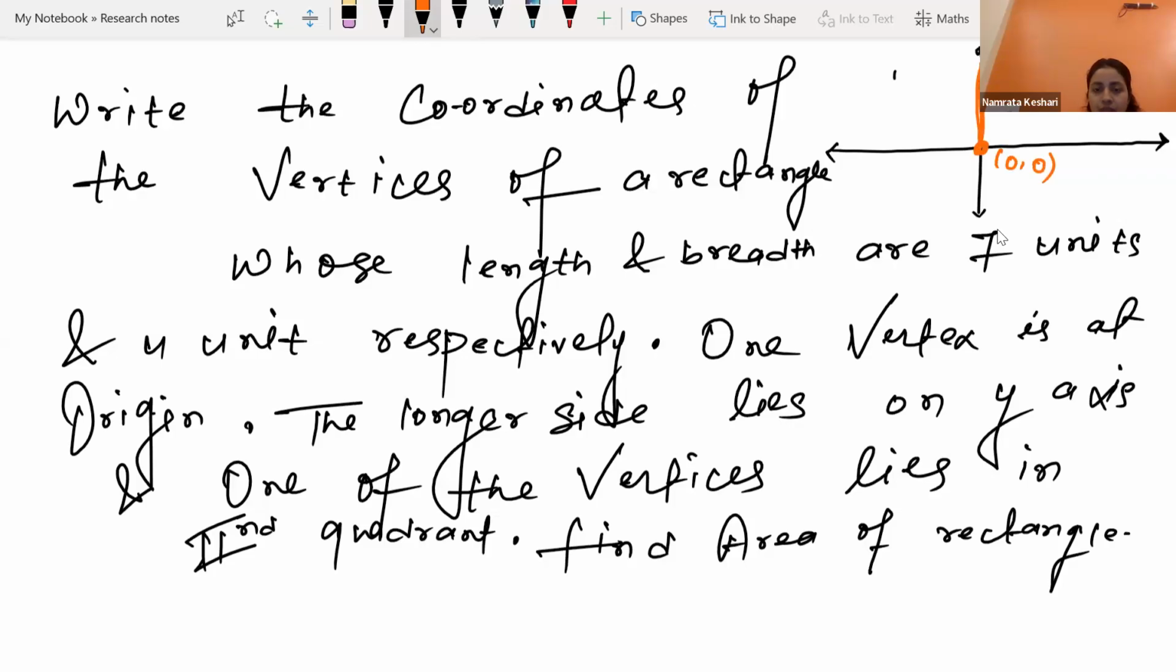One of the vertices lies in the second quadrant. Maybe like this. This is how we have the rectangle, right? Here the length is 7 units and the breadth is 4 units. So we can